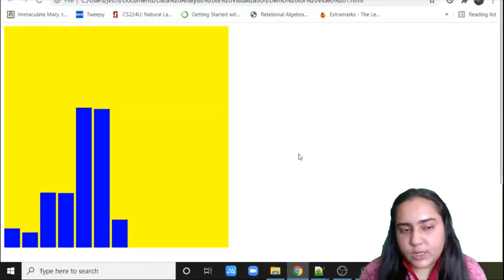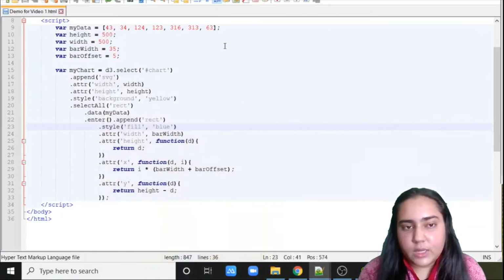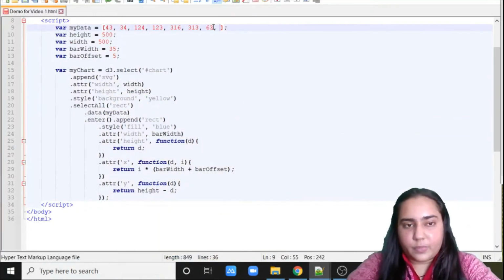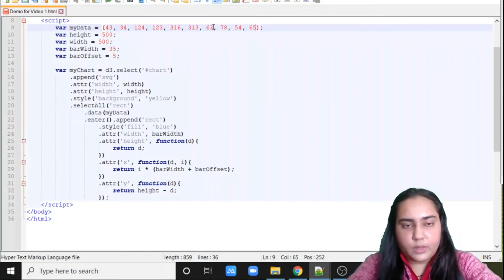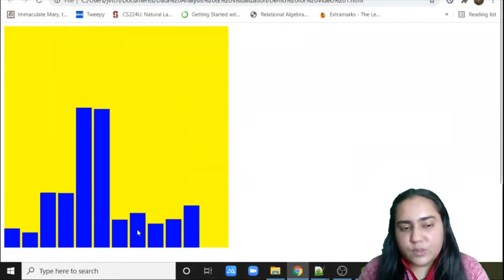Now what happens here is you can see there is this extra space here. Because I created a 500 by 500 canvas, so it created this big area of 500 by 500, but it is not fully used because this is not scalable. What happens if I add a couple more things inside, for example, 78, 54, 64, okay, 95. So if I add more things inside, then it's going to essentially fill that area. But if I'm not adding all these things, then there will always be some space that is